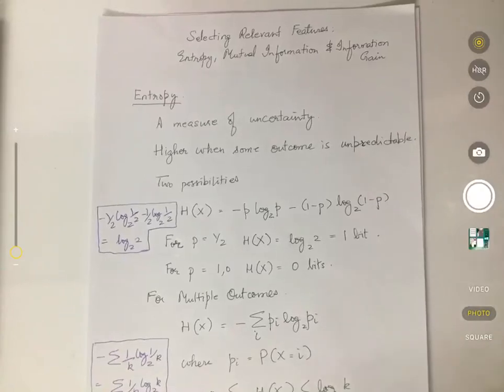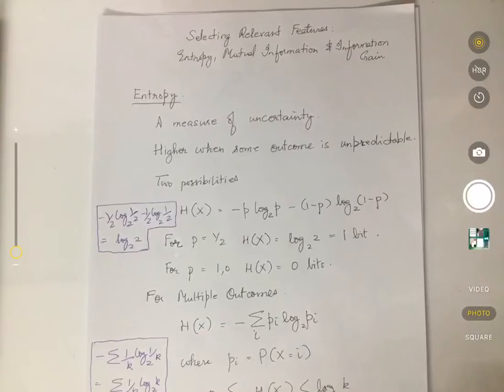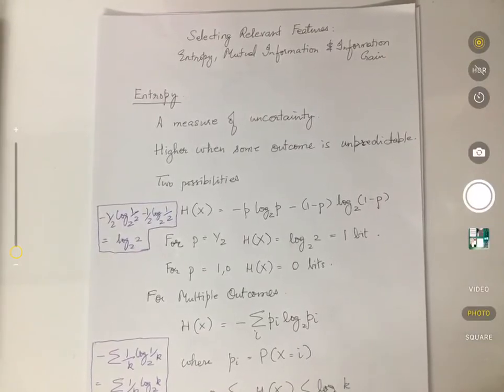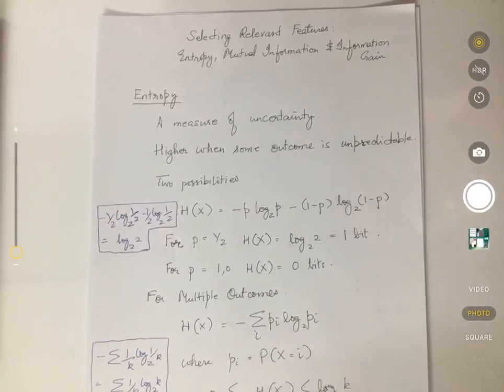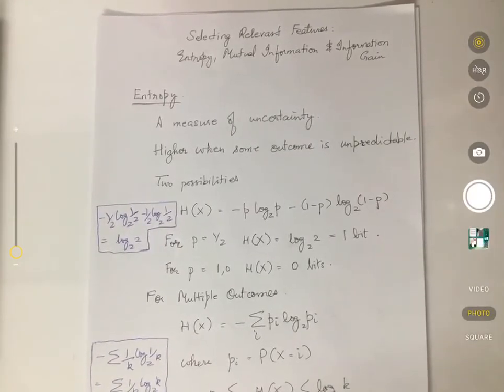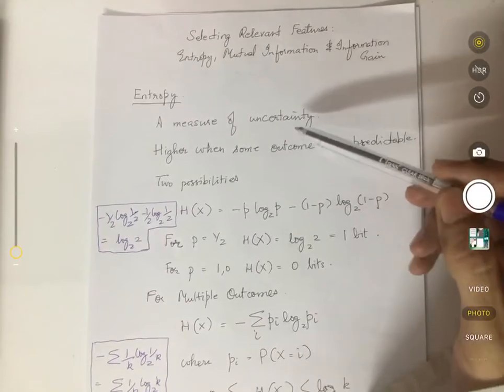Hi there. In this video clip, we will discuss how to select relevant features for classification using techniques like entropy, mutual information, and information gain. So basically, entropy is a measure of uncertainty,